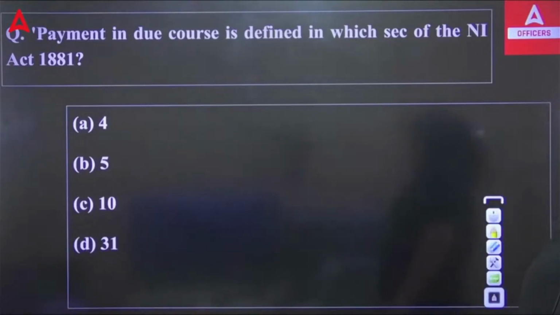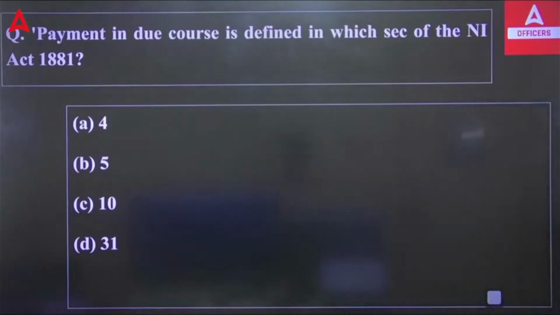Which particular section talks about the payment in due course? So, what actually does payment in due course mean? When we talk about payment in due course, it defines making the payment within the apparent tenure of the instrument, in good faith and without negligence, to any person in possession thereof, under circumstances which do not afford a reasonable ground for believing that he is not entitled to receive payment of the amount therein mentioned. So, payment in due course means simply the payment in accordance with the apparent tenure.